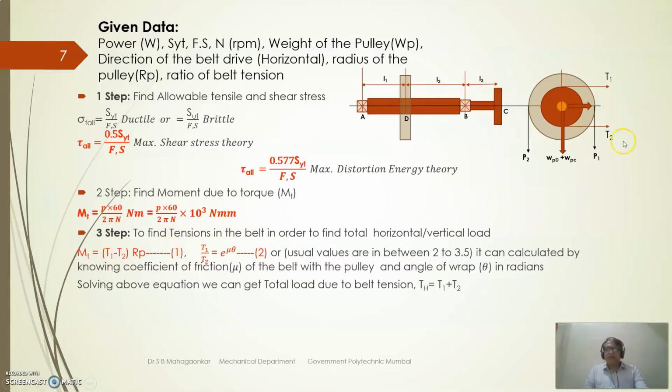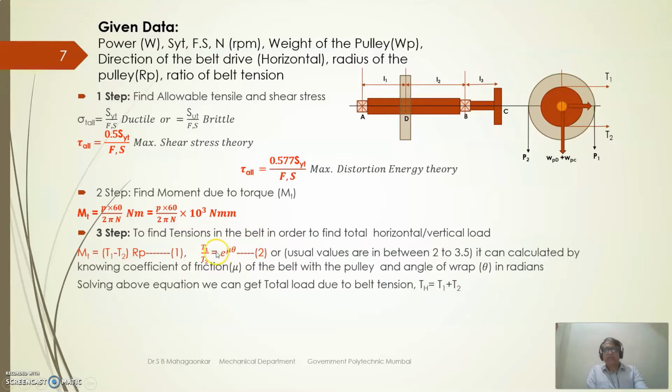Now we will go for pulley C. It has a tension in the horizontal direction, right? So let us say T1 and T2 are the tensions. In that case, the torque is (T1 minus T2) into Rc, taking the Rc value, and T1 upon T2 is equal to e raised to mu theta, where theta is the wrap angle, 180 degrees, that is pi, and mu is the coefficient of friction. Either they will give T1 upon T2 or they will give the coefficient of friction mu.